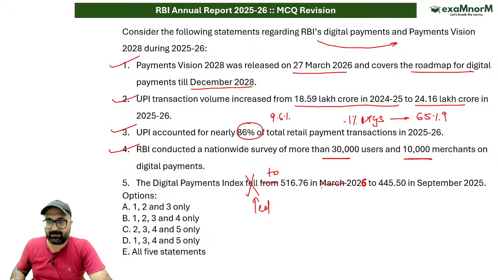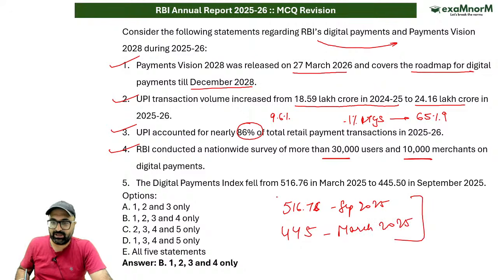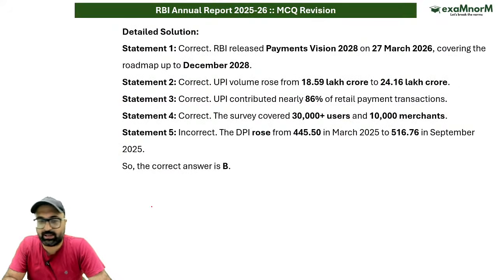नहीं यार, ये गलत ही है, पूरा ही गलत है, हो नहीं पाएगा ठीक। इसको मैं ऐसा कर देता हूँ, it is 516.76 September 2025 and 445 in March 2025। ठीक है जी, ऐसे याद रख लेना। So the answer is going to be 1, 2, 3, 4 are correct. अगला क्वेश्चन देखो।